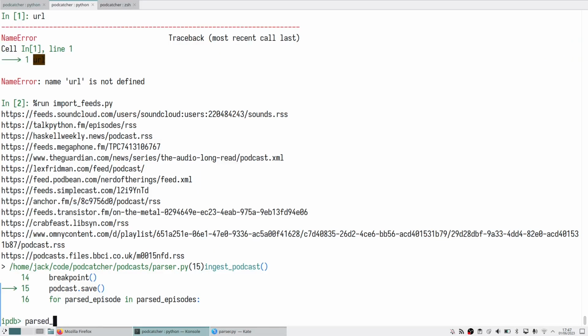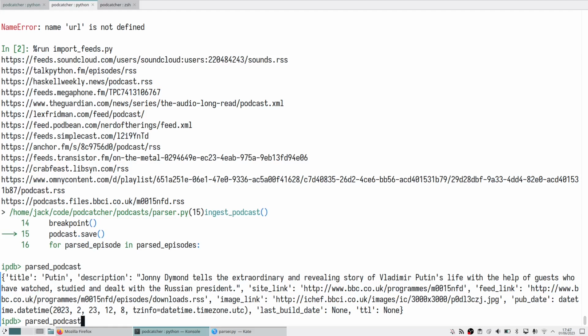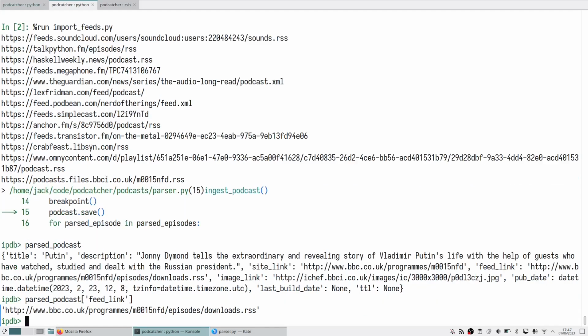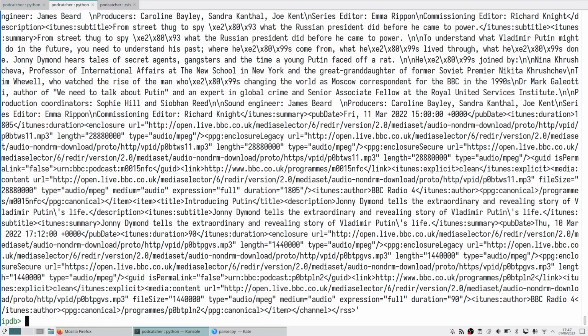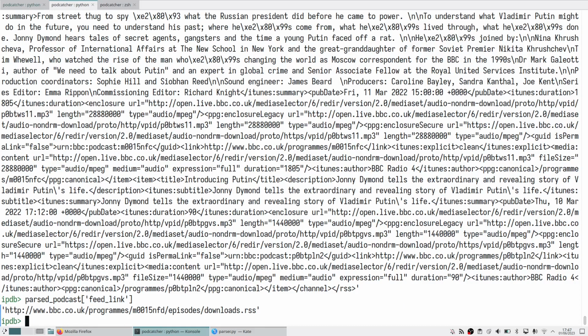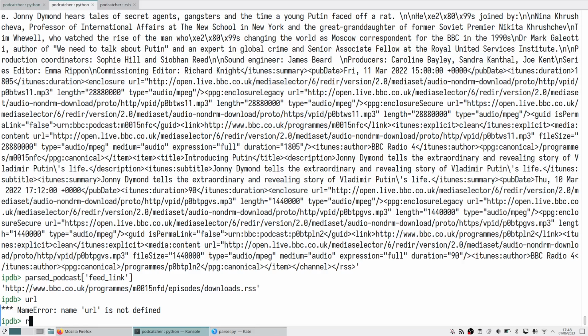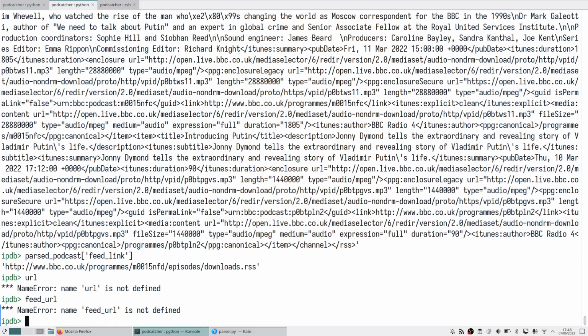It's because when we have this parsed podcast, we passed the feed link here to be this thing, even though what data do we get back? Yeah, this is just like the raw data. So yeah, we pass this as the feed link,